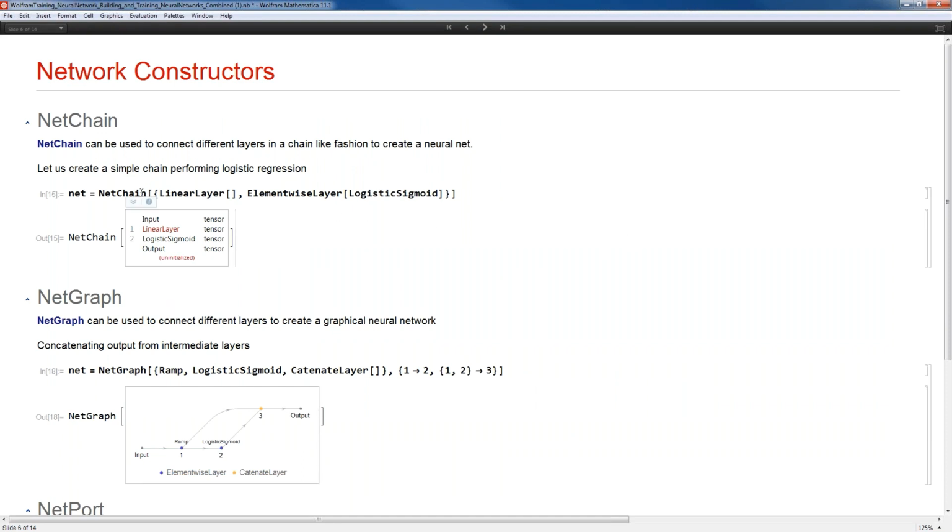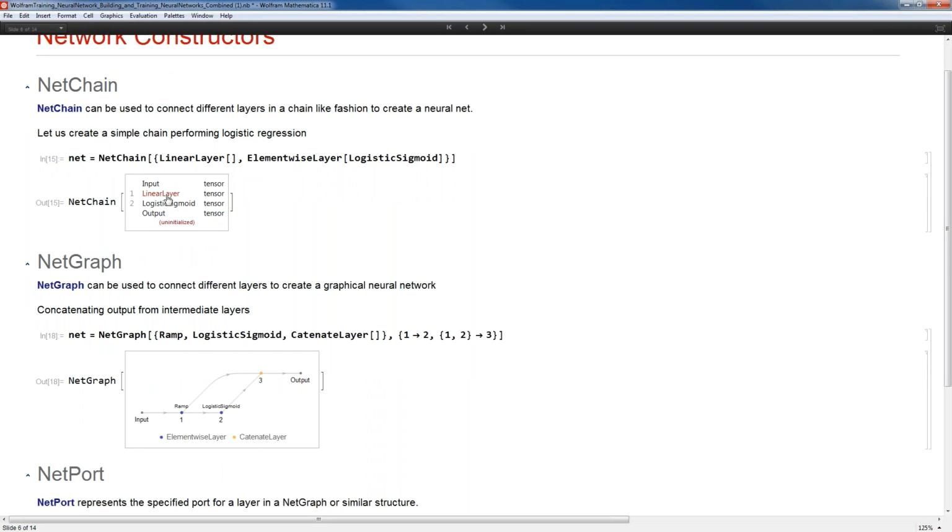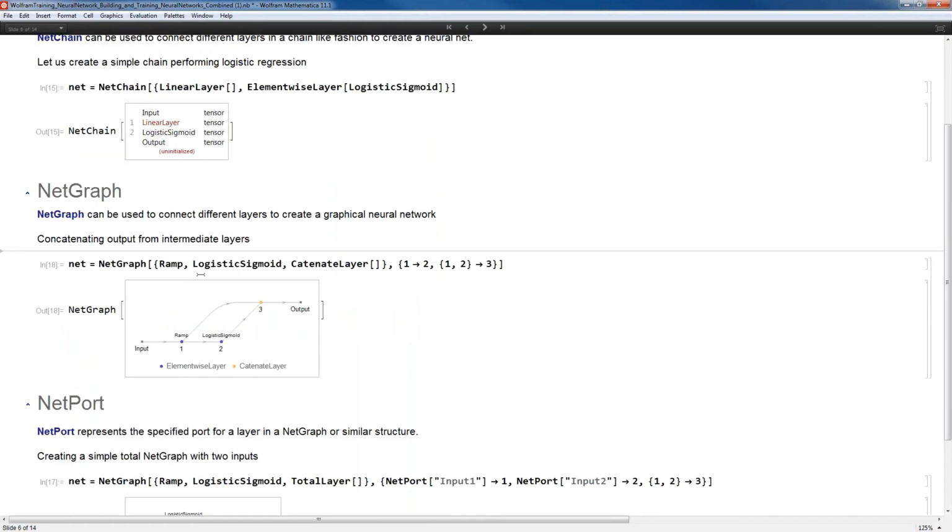Here I'm just using NetChain to put together a linear layer and a logistic sigmoid layer, or element-wise layer, which has the function logistic sigmoid. You see that once NetChain is used, I am putting the input into the linear layer and then finally to the logistic sigmoid layer, and it shows here uninitialized, which means that this chain has not been initialized yet. If we have to have a more complicated structure, we need something which is more than a